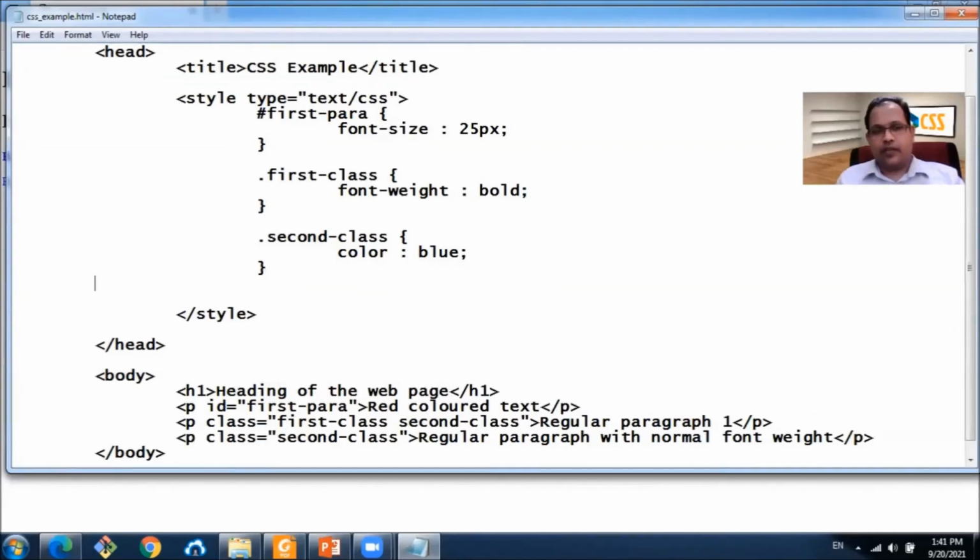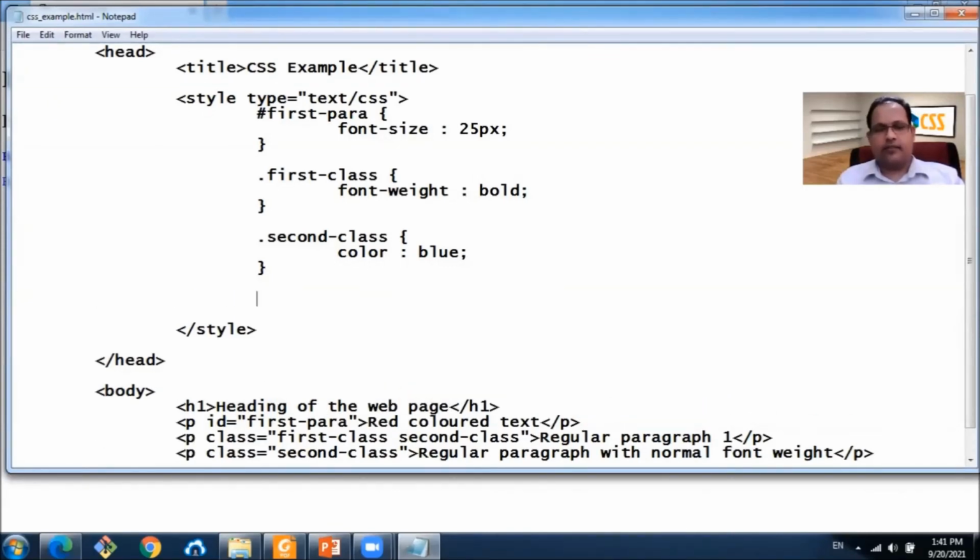We will do something interesting now. Let's make the third paragraph with the second class bold only when we move our mouse pointer on top of it.